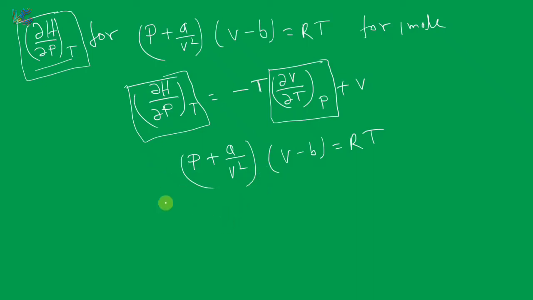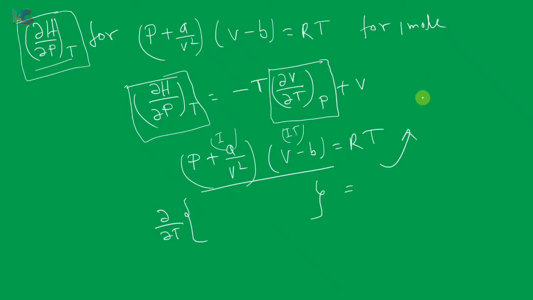And when we do the differentiation with respect to T, that means ∂/∂T of this part, and on this side also you will do ∂/∂T of RT. So what you can do at that time is assume this as function 1 and this as function 2. Then you use the product rule: first you take one part as constant and differentiate the other part, plus then you take the other part as constant and differentiate this part with respect to T. So if you do it like this, then